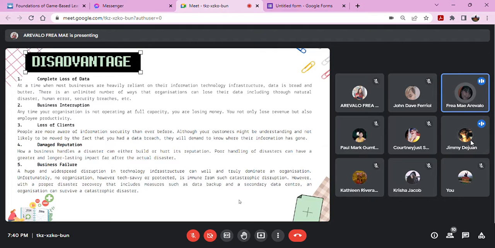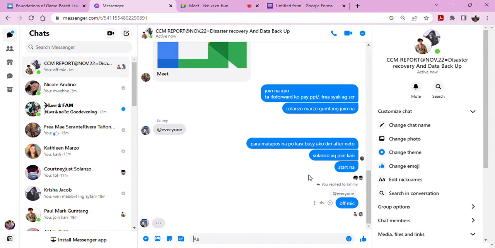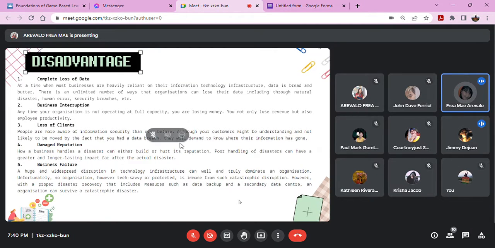Next, number 2 is business interruption. Anytime your organization is not operating at full capacity, you are losing money. You not only lose revenue but also employee productivity. So, in the case of any disaster, minor man o hindi, kapag walang disaster recovery ang kumpanya nyo,